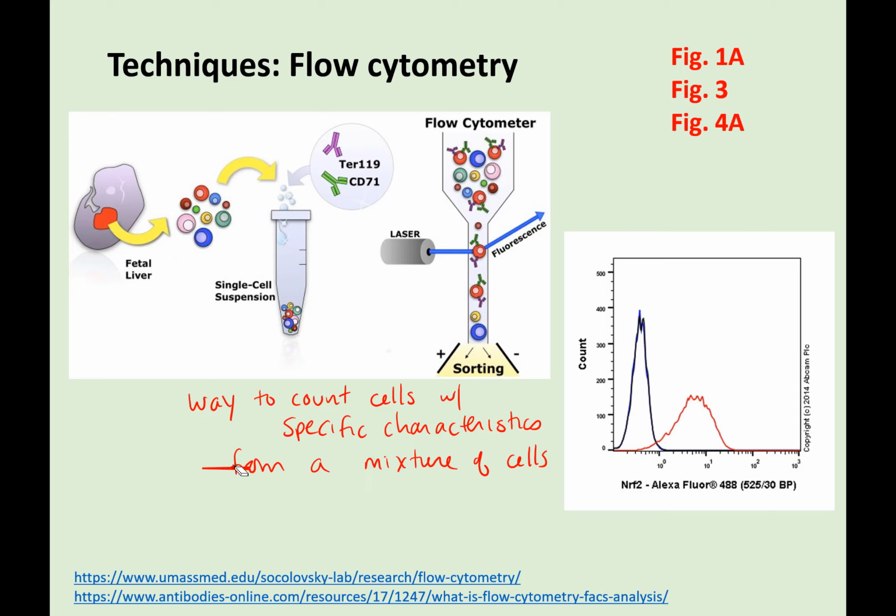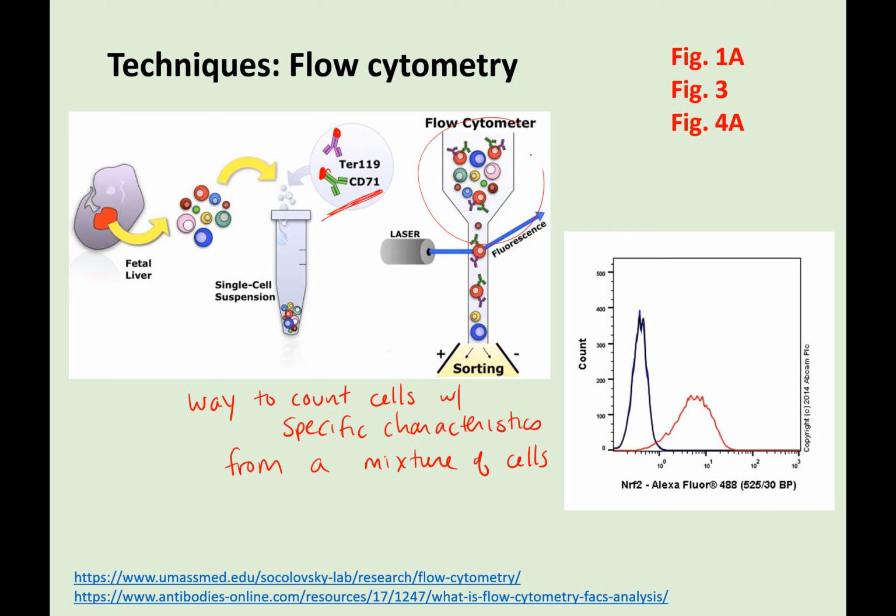So what this diagram is trying to show you is you can have a heterogeneous population of cells, and what we do is we use antibodies that are specific to something expressed in that cell. So those antibodies tag the cells, and those antibodies will have different colored fluorophores on there, right? So we've talked about antibodies last paper, so you recognize the structure, and then we can